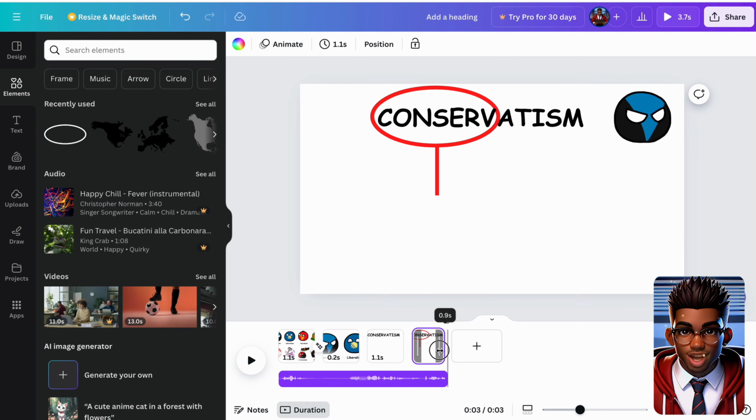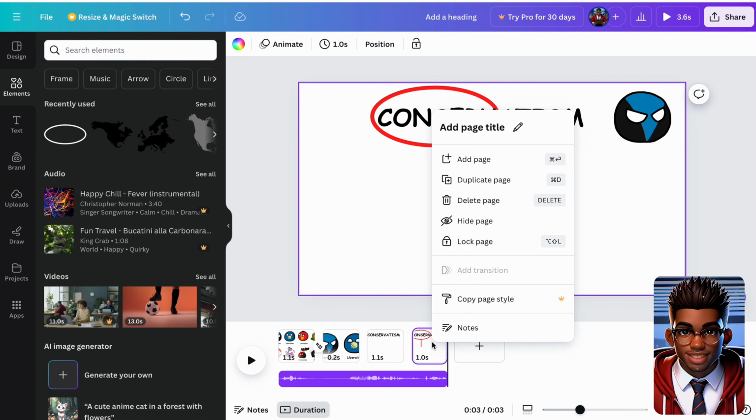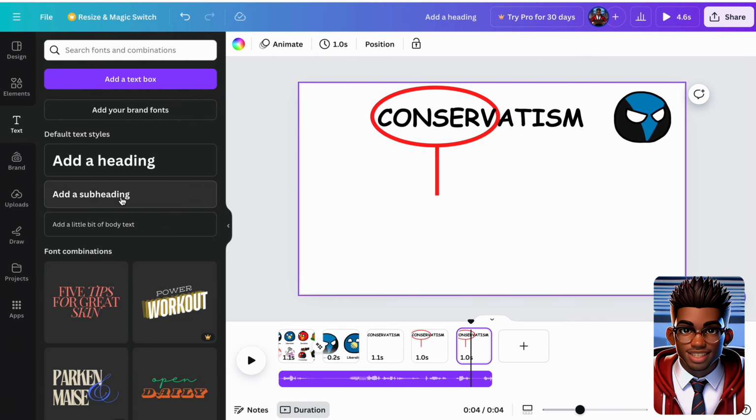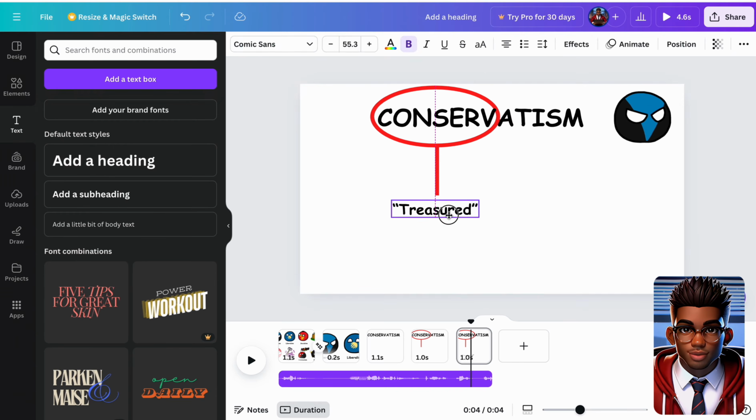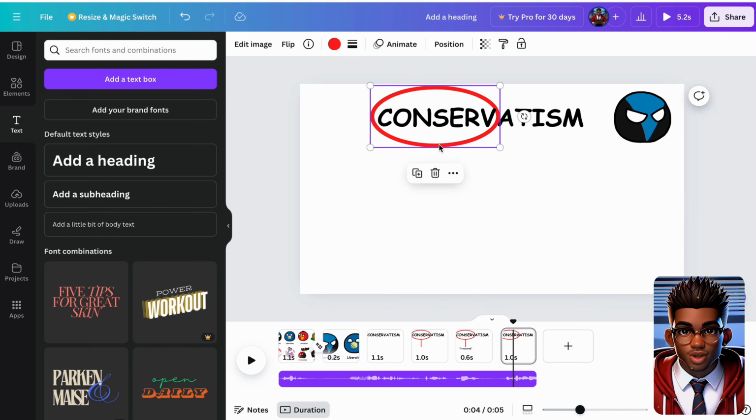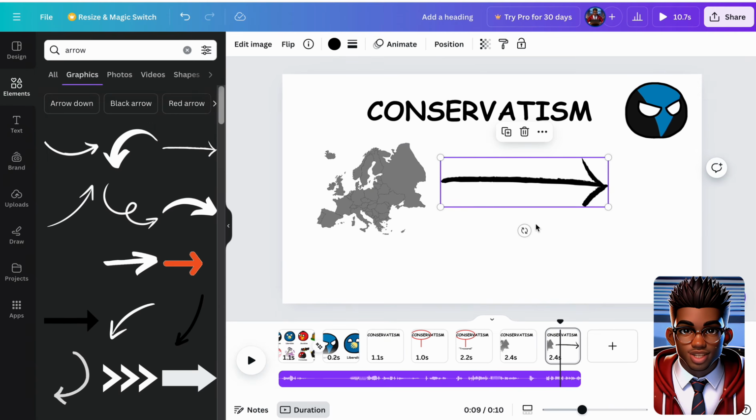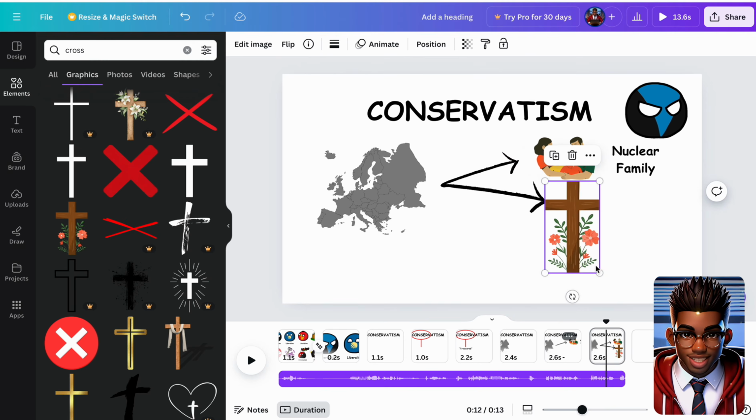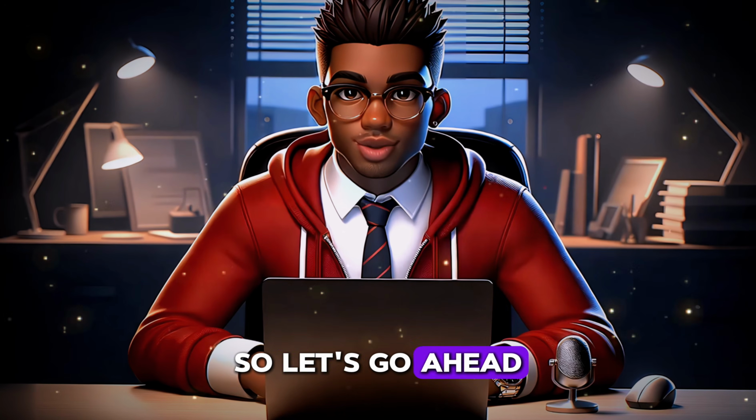We'll make sure the duration aligns with our narration and duplicate the page a second time. The only thing we're going to do on this slide is to add this word and modify the page duration. Now we simply need to duplicate our page again, delete these, and find some cool graphics that align with our narration. The rest of our video on Canva will follow this same process, so let's go ahead and recreate this